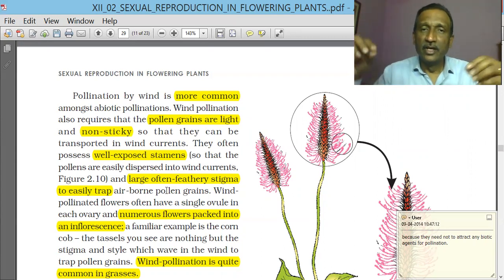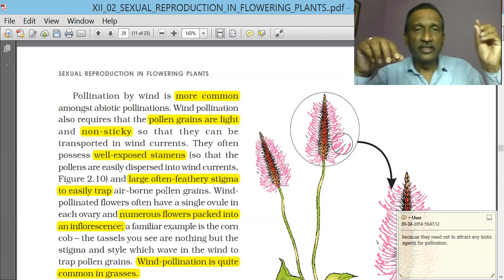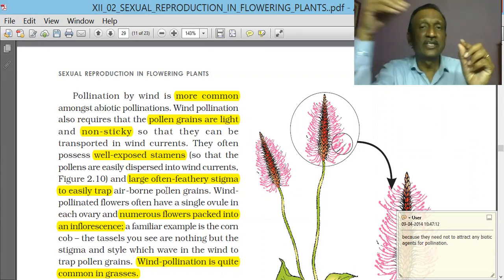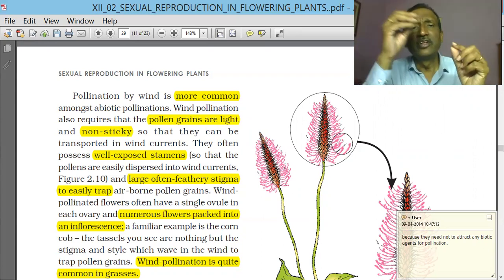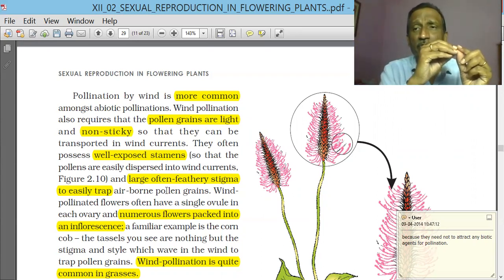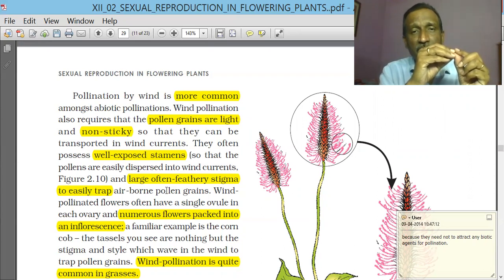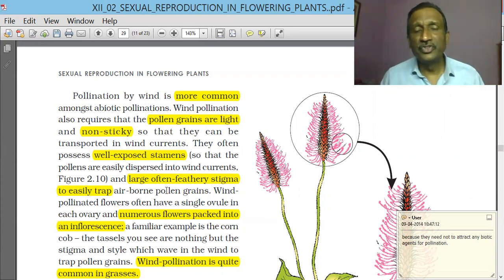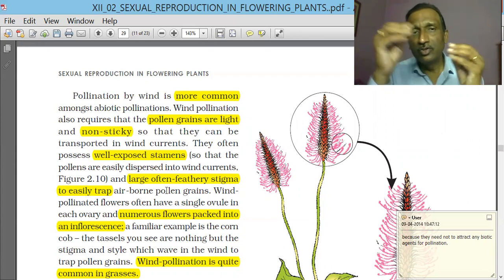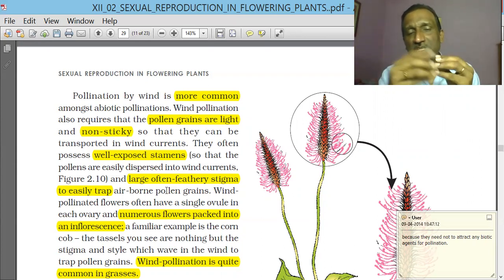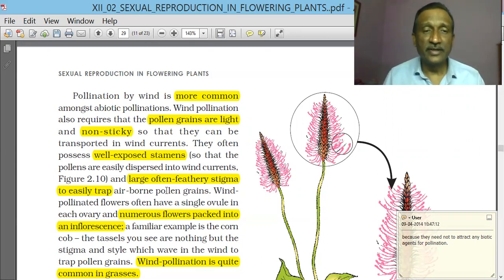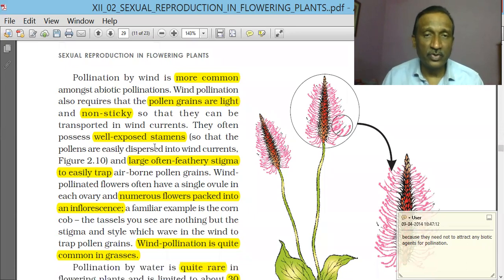So the same way, if a pollen is here and a stigma is here, the pollen may go past, some from here, some from there. There will be a rarest of rare event when the pollen would have fallen onto the stigma. But when a large number of stigmas come together, then if not on this one, then on that one, somewhere the pollen will fall. So this is the idea of having the entire inflorescence or a bunch of flowers coming together.